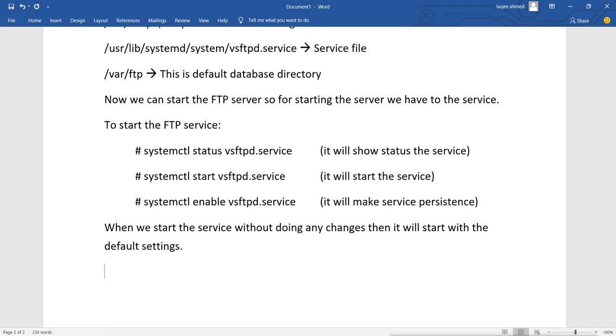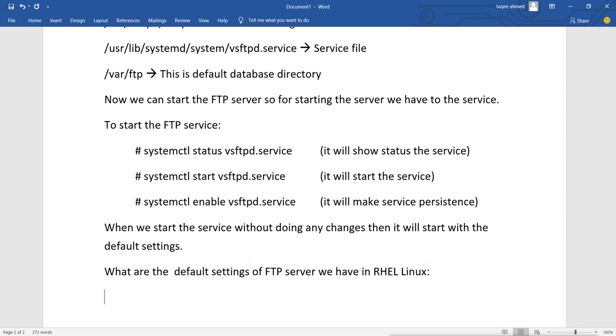Now what are the default settings for the FTP server we have in RHEL Linux?